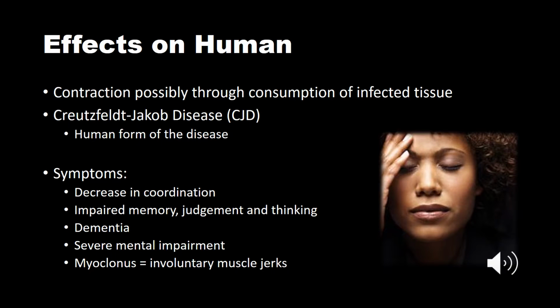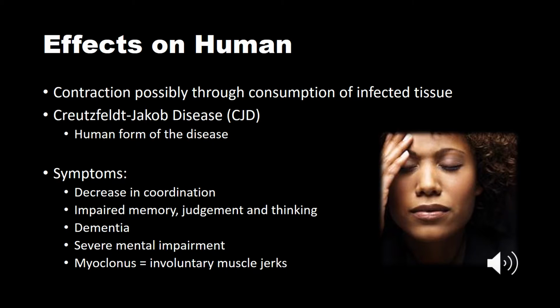Okay, so what are the effects of mad cow disease on humans? Well, we have to really distinguish that mad cow disease is only specifically affecting cows. But there is a really high chance of contraction of a similar type of disease, you would say. So in humans, this disease is going to be called the Creutzfeldt-Jakob disease. So it's not that a human would have mad cow disease. It's that if a human consumed a cow that had mad cow disease, it's really likely that the person will